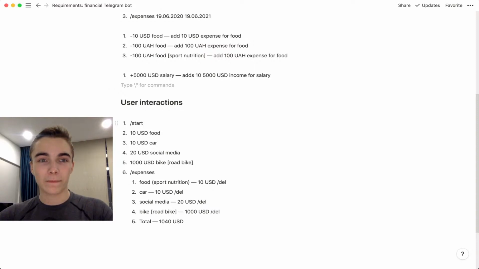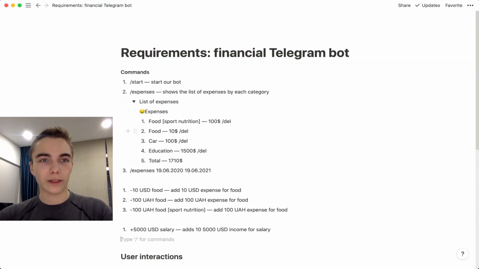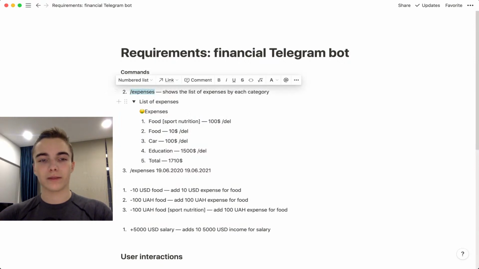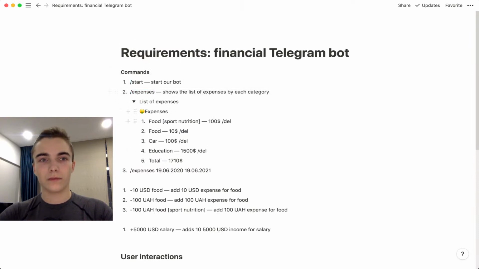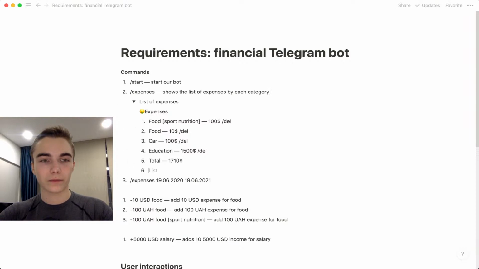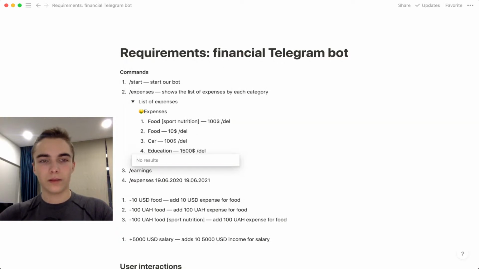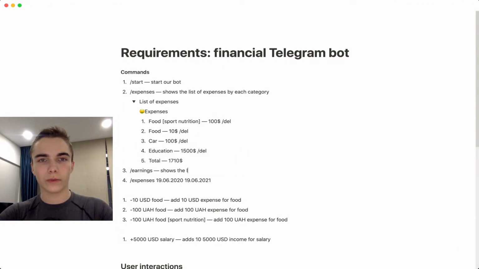Yeah. Now let's put something here. And also, I think we need to add expenses here as well. No, not expenses, earnings, like income. Okay, we can make it like earnings. It's not a big deal. And it shows the list of earnings. I like this word. By each category. I think it's really